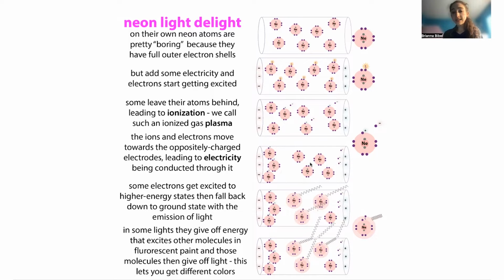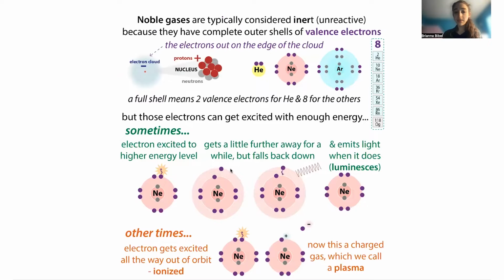And when it's doing this, it's going to be bumping into neon molecules along the way. And when it bumps into those neon molecules, maybe it doesn't provide enough energy to actually ionize them, but it might provide enough energy to excite them temporarily, so they can't go all the way out, but they get excited for a while,